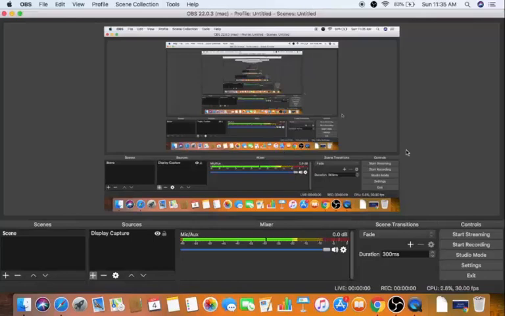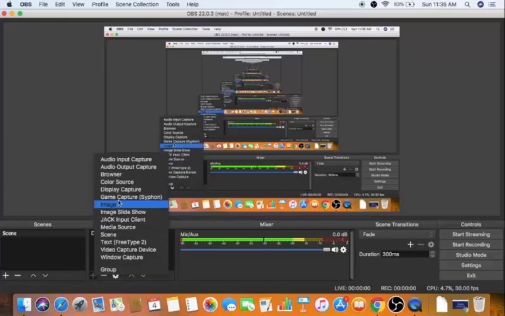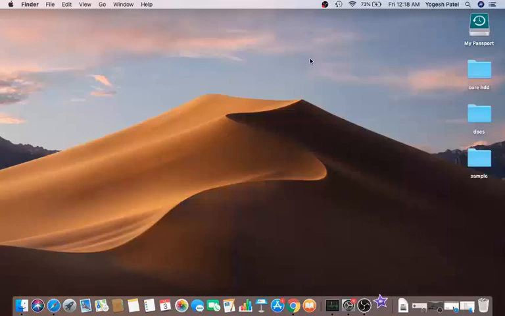So this is how you can use OBS Studio to screen record your desktop. Also here you can add multiple options for screen recording or game capture or image recording. So there are a few options here which you can use to capture either your screen, or you can just stream the games which you are playing. So this is how you can screen record your Mac operating system screen totally free of cost using an inbuilt app which is QuickTime and an external app which is also free, which is called OBS Studio.